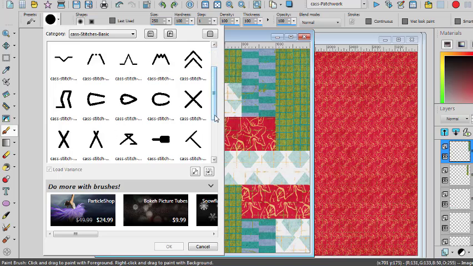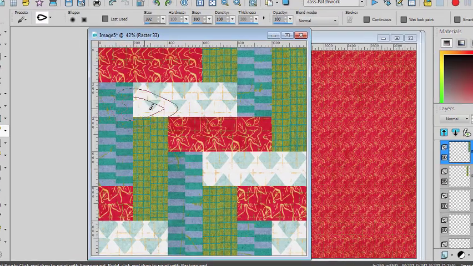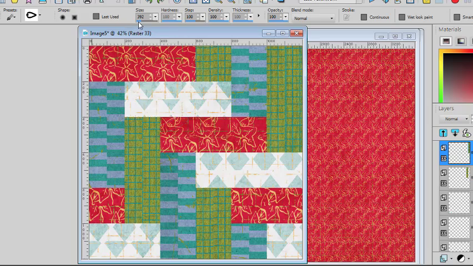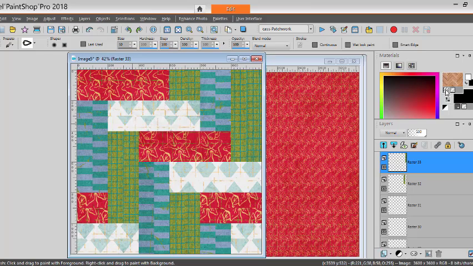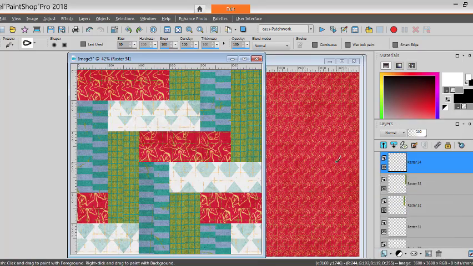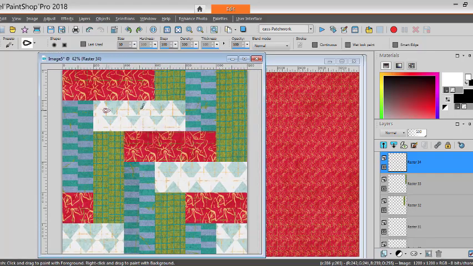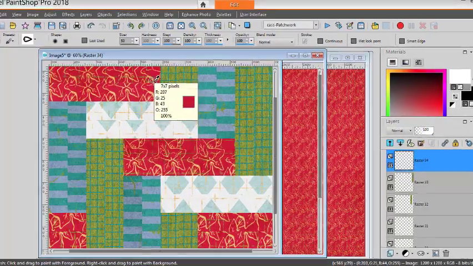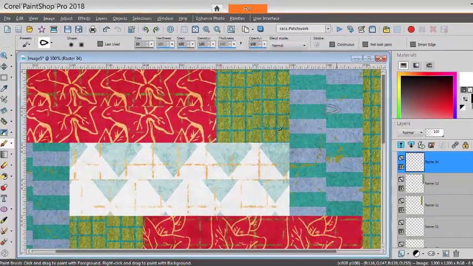And maybe I can use like this chain stitching. This is quite large. I'm going to reduce that. And I'm going to use a white color. And of course, I'm going to add my stitching on a separate layer. I'm just going to extend a little bit so I don't catch the edges. And zooming in enough,